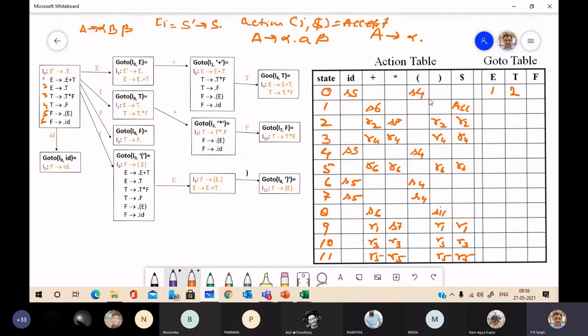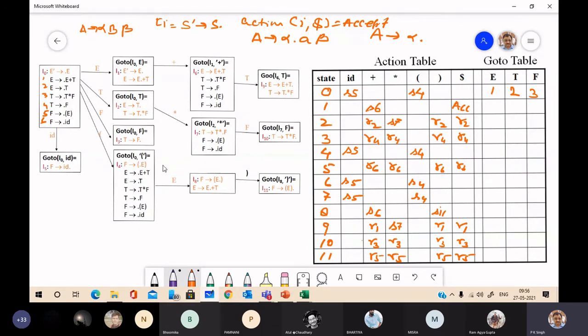Goto I0, F is I3, state 3. Now here we don't have any non-terminal just after dot. In this again we don't have any non-terminal just after dot. So you don't have any entry in state 1 for item set I1, as well as state 2 for item set I2. Here again we don't have any entry after dot. So again you don't have any.